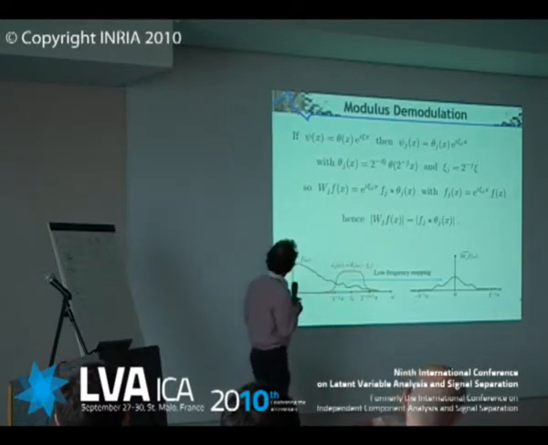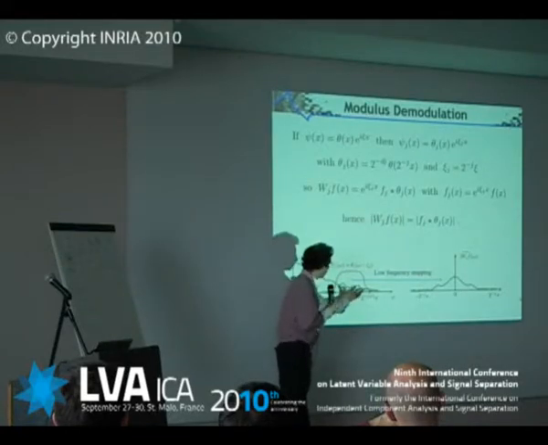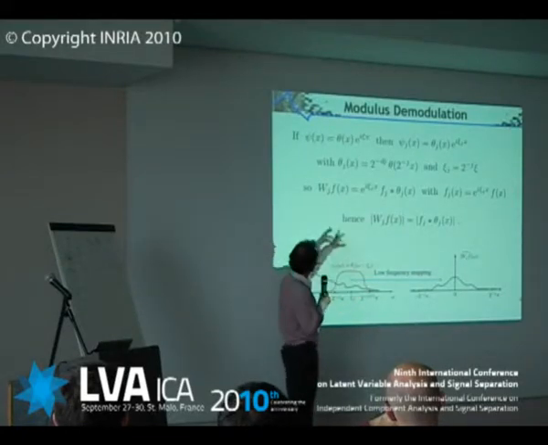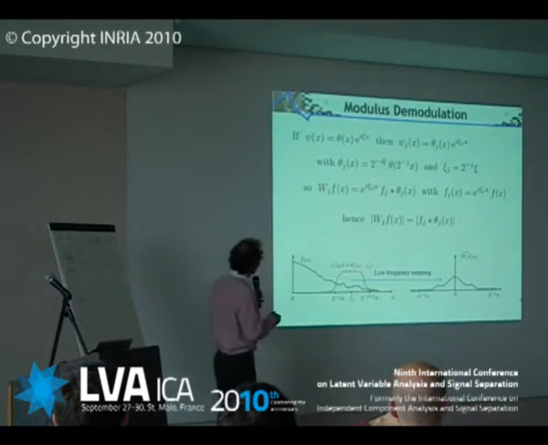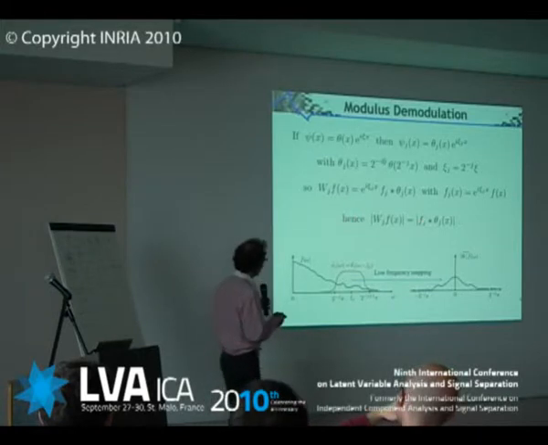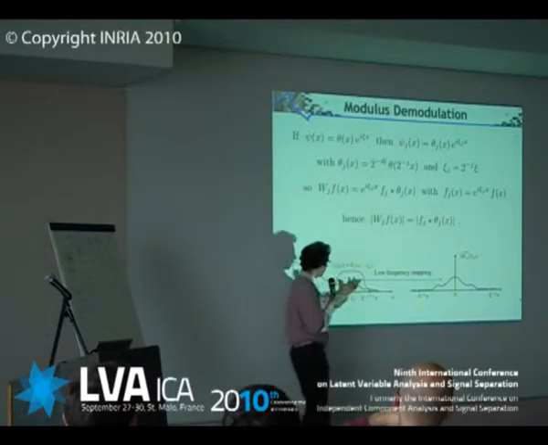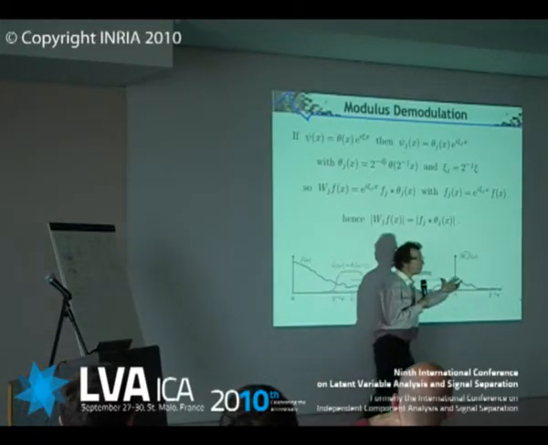Okay? Now, this is a signal centered at this frequency, but its bandwidth is small. So you can write it as a small bandwidth signal modulated by a frequency. This is Fj, which is the component of the frequency here modulated by, convolved with the Gaussian dilated. If you take the modulus, basically you get rid of the modulation frequency, and that's what you get. You get your high frequency component convolved with the Gaussian modulus. Basically, what you will have done by taking the modulus, you take this and you map it back to low